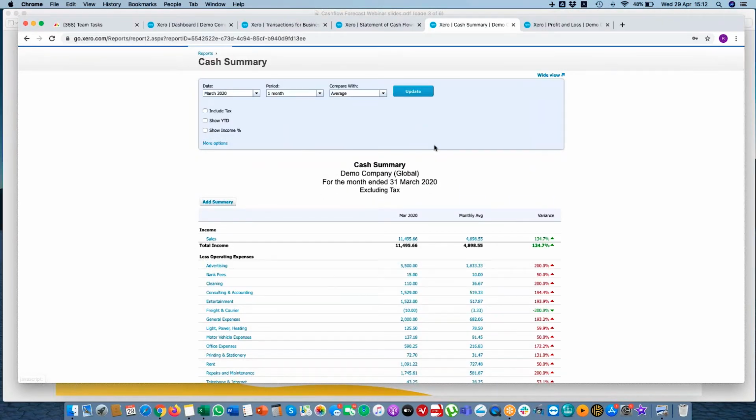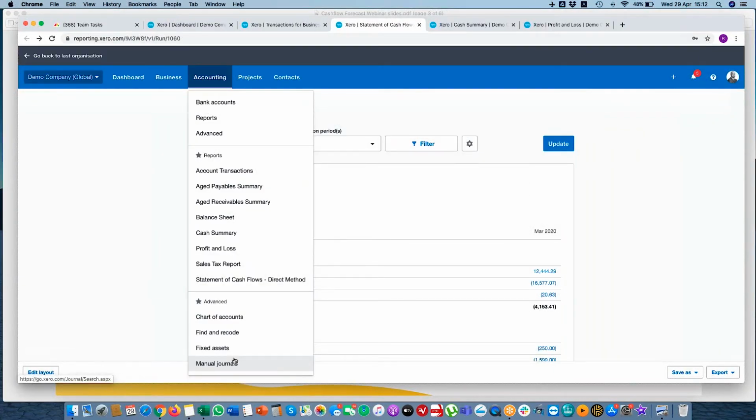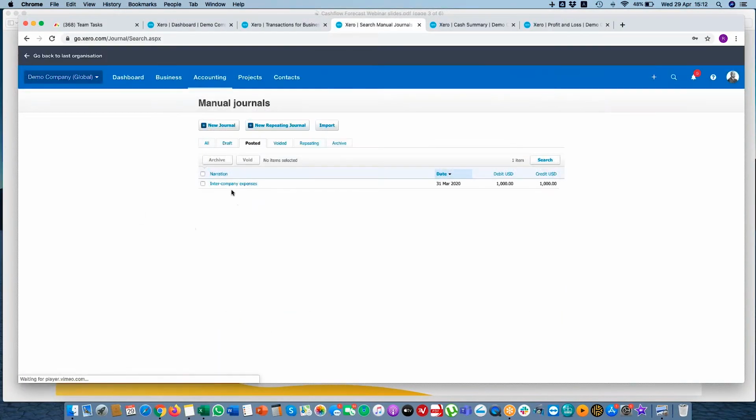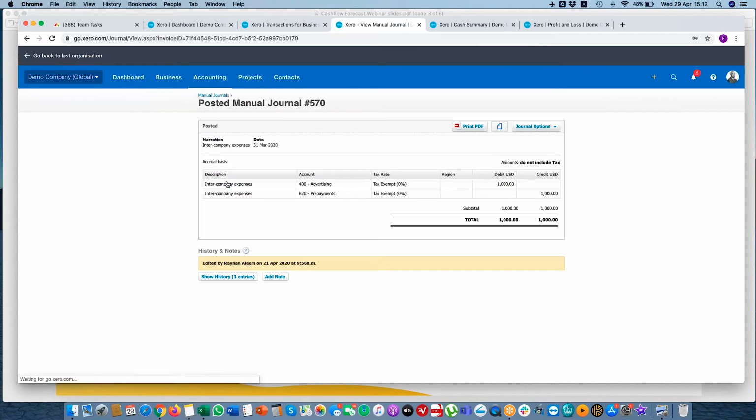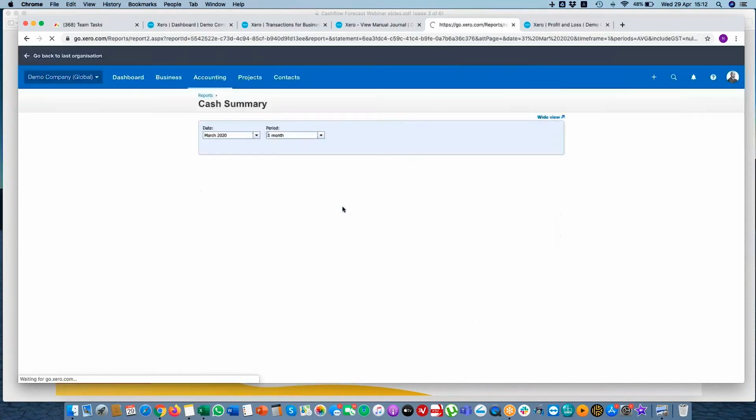Now, in terms of the final example, we also have manual journals. So I prepared a manual journal earlier, and this is an intercompany journal. Now, journals are usually based on an accruals basis, and the journal type is called a JNL. Here you can see on the 31st of March, I have posted an intercompany expense between, say, advertising of $1,000 and prepayments. Now, if I go to my cash summary and I select advertising,